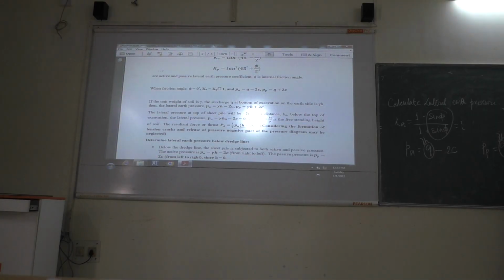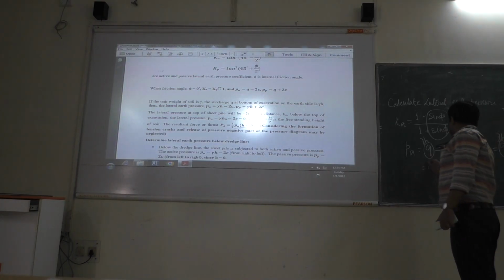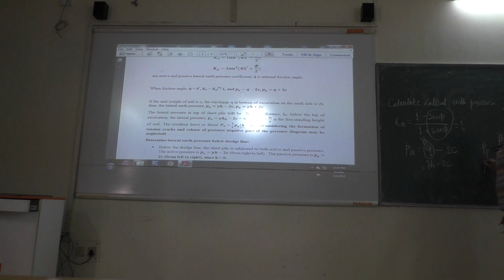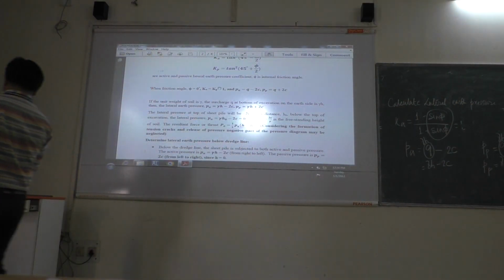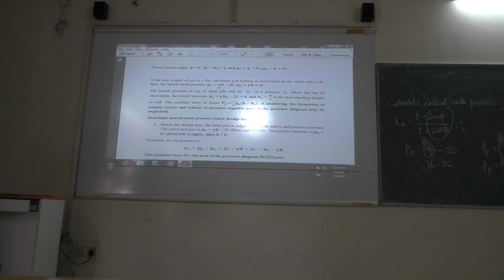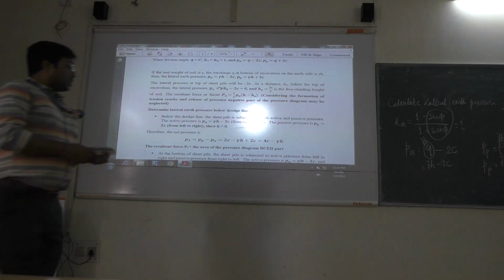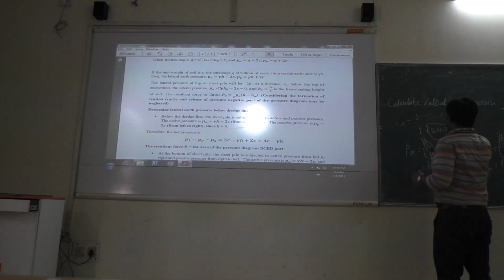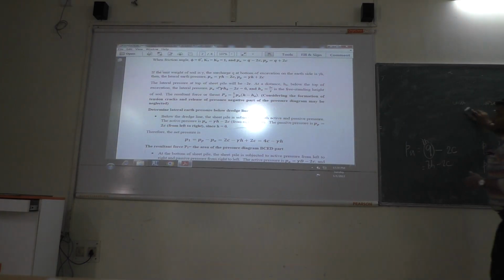That means from here to here. So if this height is H and the unit weight of the soil is gamma, then Q will be gamma H. This is the overburden pressure. Is that okay now? So Q is equal to gamma H, that means PA is gamma H minus 2C, and PP is equal to gamma H plus 2C. Is this clear? Okay. If this is clear, then coming to